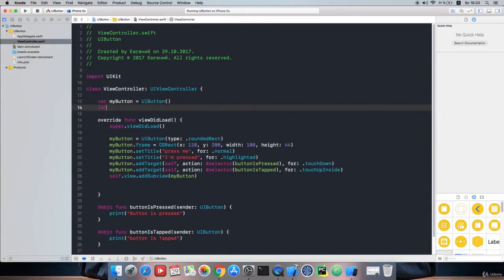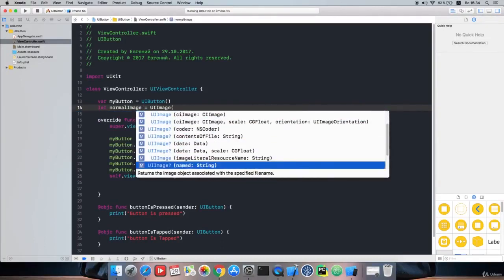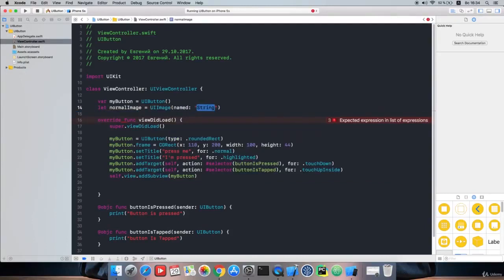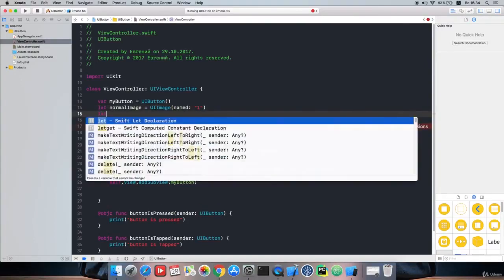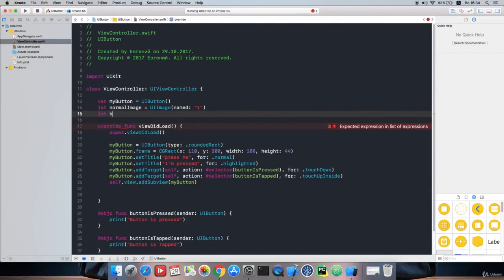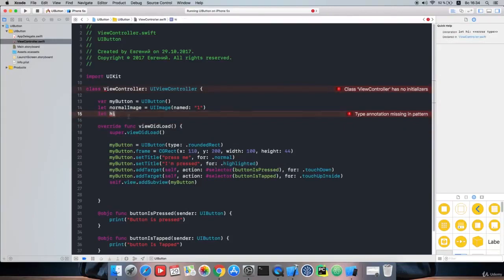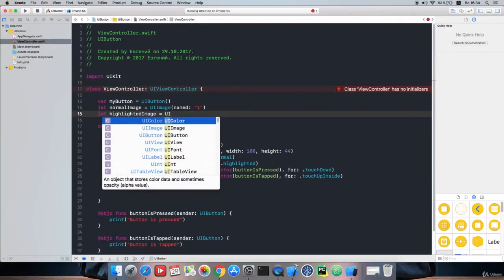Let normal image, and refer to the class UIImage. It has named. Friends, this is the topic of the next lesson. I will write this down, and in the next lesson we will talk about this. In addition, the second image will have such a name. We will give it the name of the file